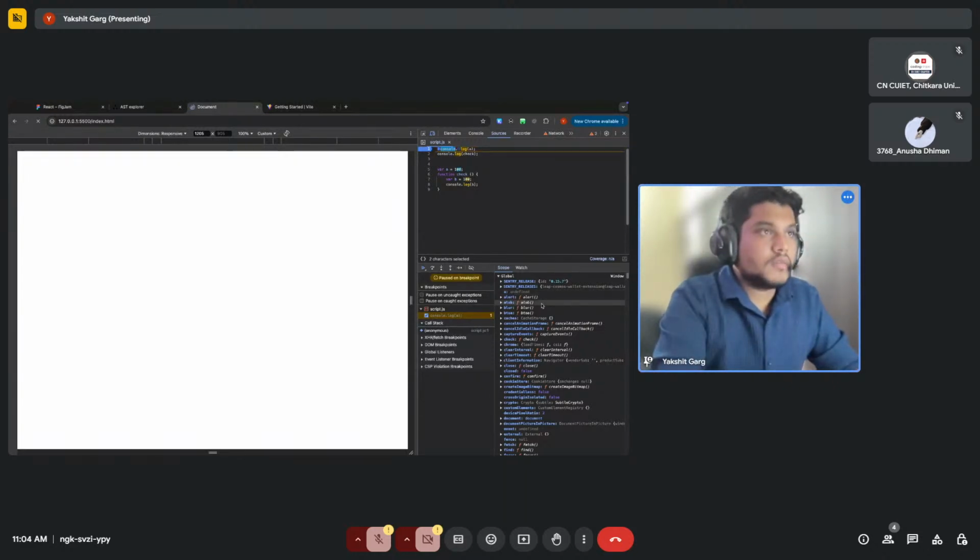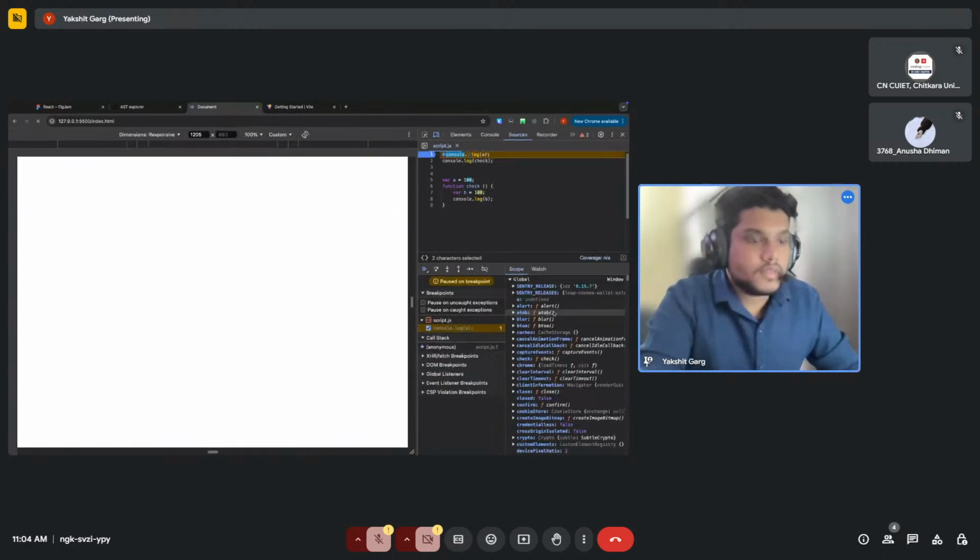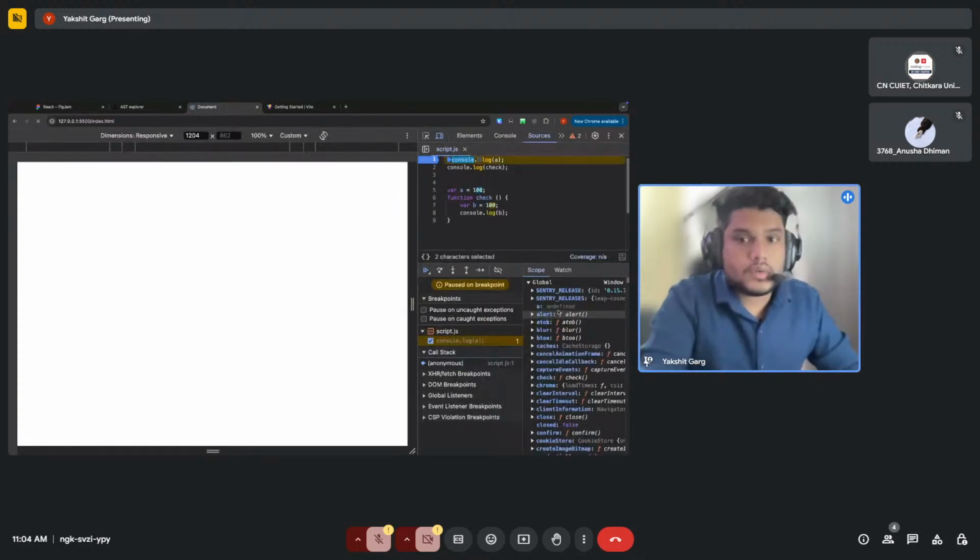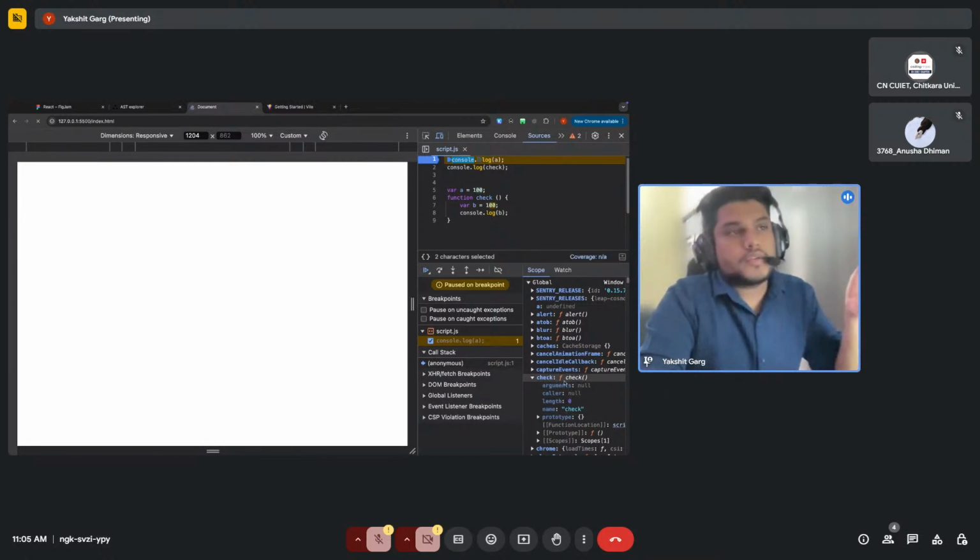Let me zoom in a little bit. So you can see here we have this a as undefined, and we will have this check function also here. So this is the memory allocation phase. It is assigned undefined, and check is assigned here as a function. Now if we run this,